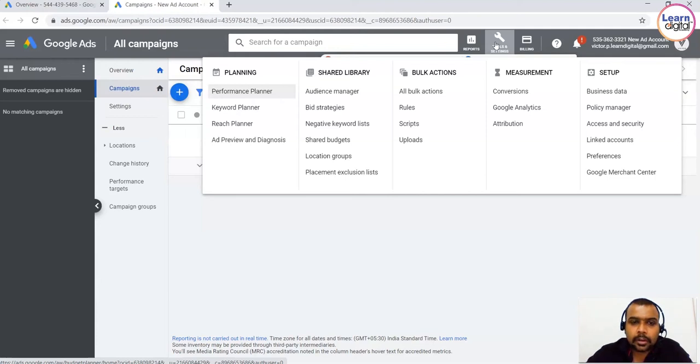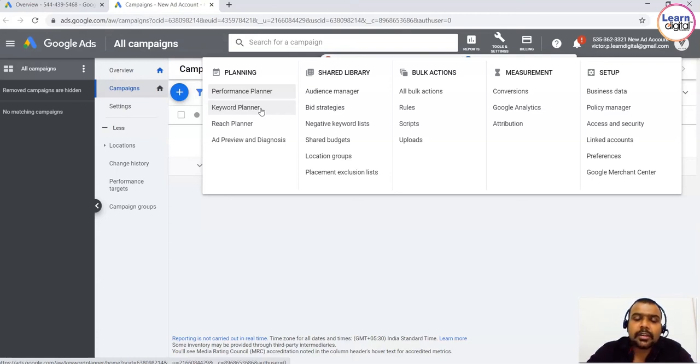So below that you have something called keyword planner. Now what is keyword planner? Keyword planner is a tool of Google Ads where we will be able to understand the search campaign keywords. So we will be getting keyword suggestions by Google. Example, if I'm searching for interiors, I'll be getting the keywords related to interiors: interiors, interior designers, interior decorators, everything related to the interiors.